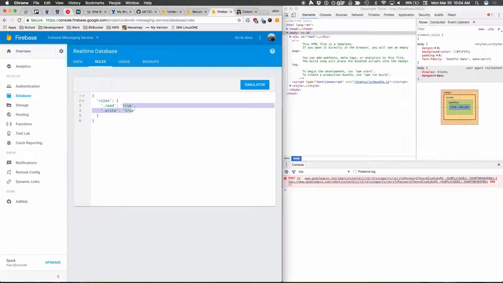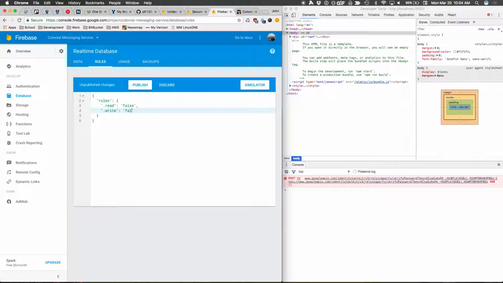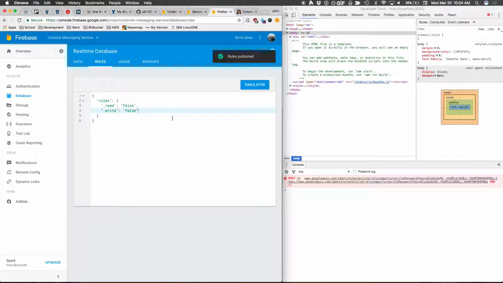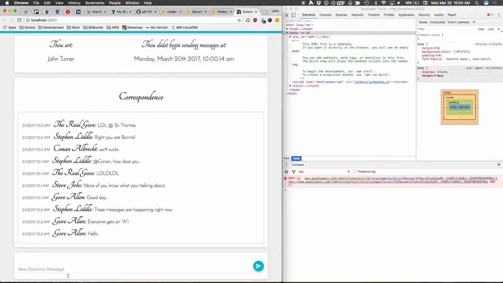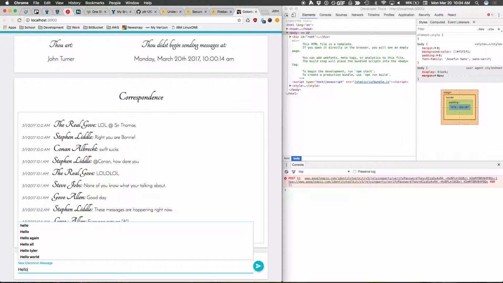So if I change these guys, like I said, each of these attributes, here we have the key, and so the key is either a node name or an attribute name or anything, or a built-in Firebase attribute, if you will, parameter, and then the value must evaluate to true or false. So if I put false in here for read and false in here for write, a quick command in Firebase rules is you can hit Command S or Control S to save it, and it automatically publishes your rules for you. So if I do that and then pop over to here and attempt to write a message,